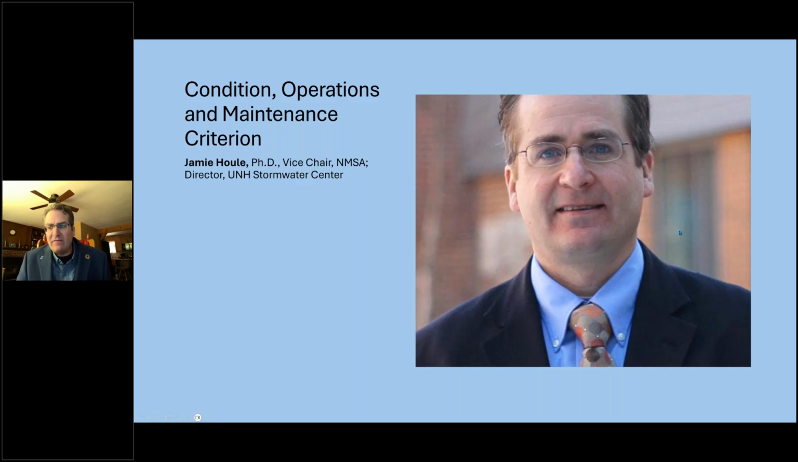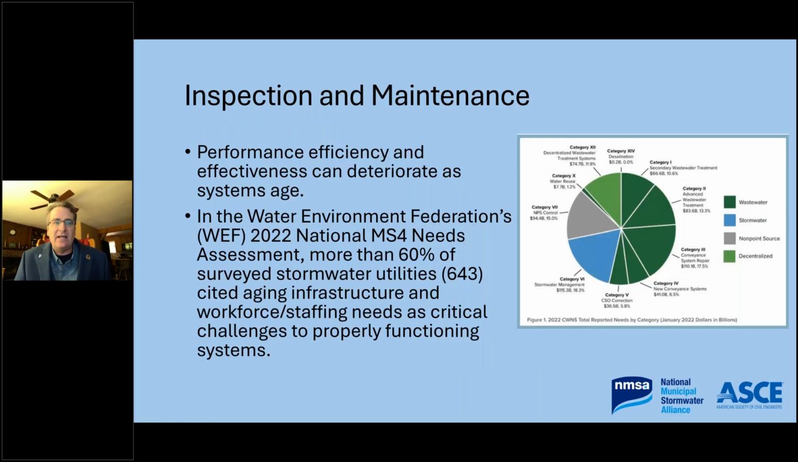And of course, one of the fundamental things that we know is that performance and efficiency of the built infrastructure that we have on the stormwater side can deteriorate over time. Naturally, they are resilient in that they often lack energy inputs. They're very passive and they benefit from that. But we know that performance and efficiency deteriorates over time. And we also know from the 2022 National MS4 Needs Assessment that more than 60% of the surveyed utilities cited aging infrastructure and workforce and staffing needs as one of the critical challenges that face them in properly managing